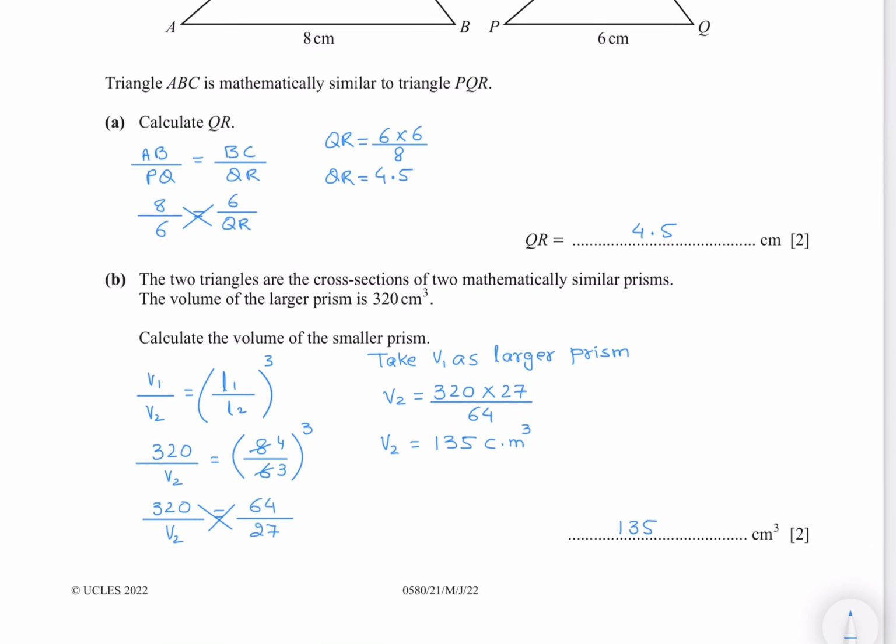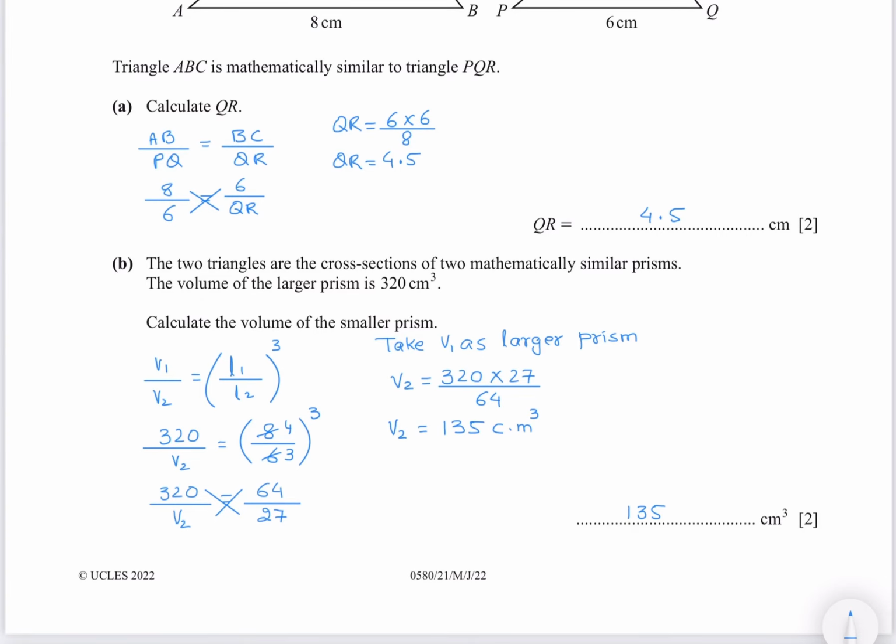The two triangles are cross sections of two mathematically similar prisms. The volume of the larger prism is 320 cubic centimeters. Calculate the volume of the smaller prism. For similar figures, to calculate the volume we use the formula V1 over V2 equals (L1 over L2) whole cube. Take V1 as the larger prism and V2 the smaller prism. V1 is given as 320, so we write the volume of the smaller one as V2,